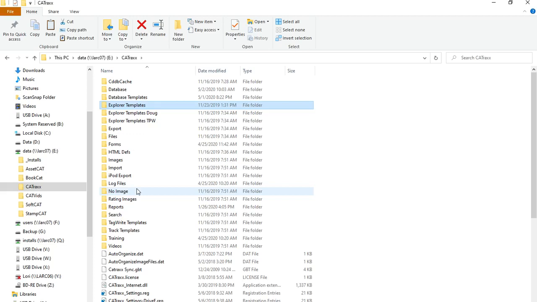This one is the default template that CATraxx provides. I've done some modifications, and so I put it into a separate Explorer templates folder, so I know that that's my templates. And if there's an update or you have to reinstall, it just puts it into this, and it doesn't